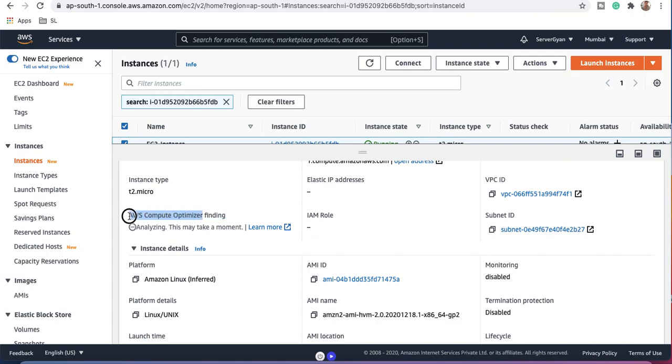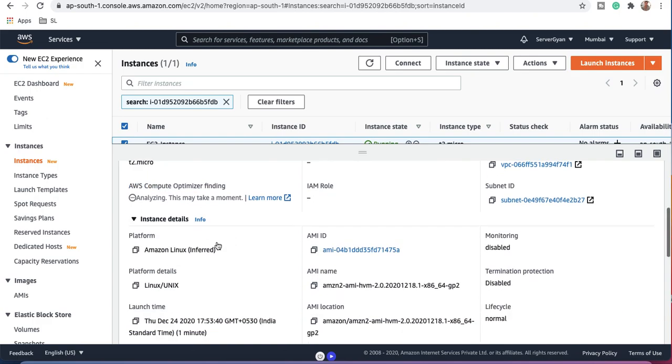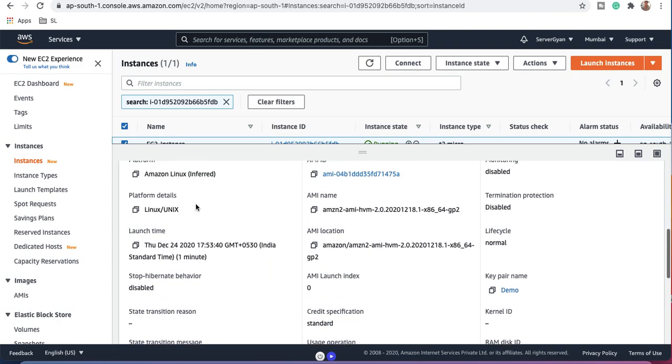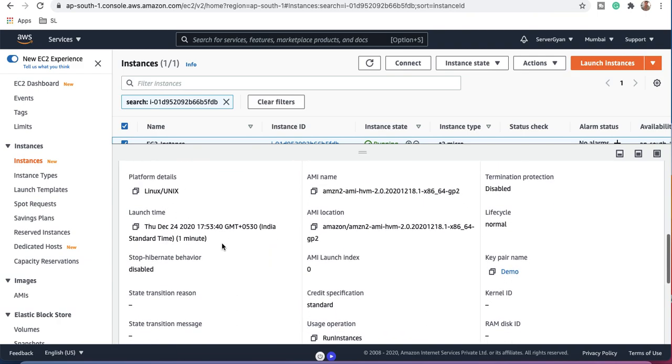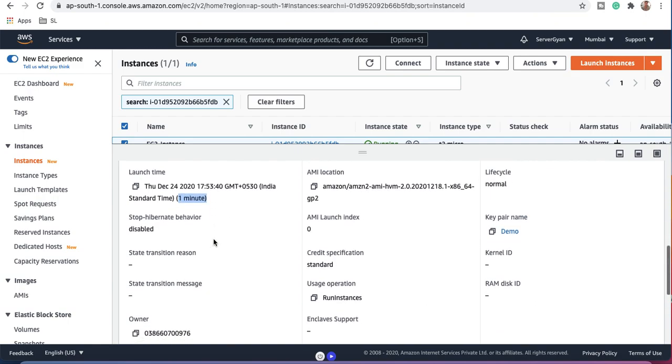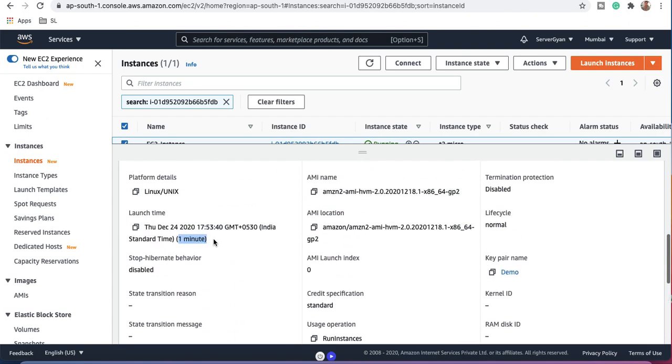I have already created a video on it. This option can be used to figure out what things you have in your AWS account. Let us say you have multiple instances running, and a couple of instances are very highly utilized, or working with less utilization. You can check that out with this particular option. Then we talk about what platform we have, what instance we have, what the launch time is, and for how long this particular operating system has been running. So these are the particular options we have here, right?